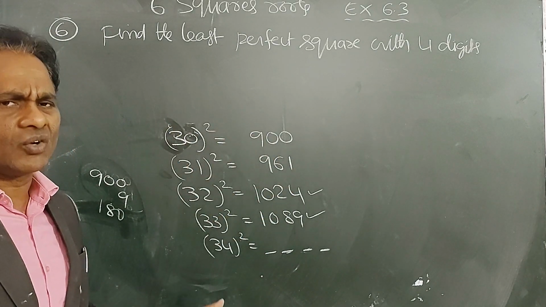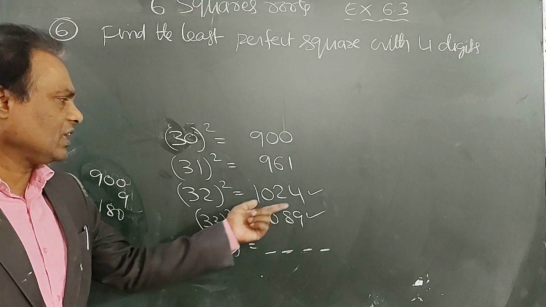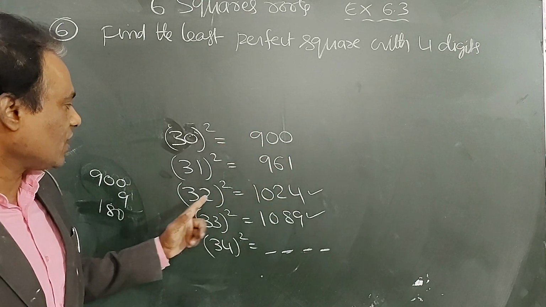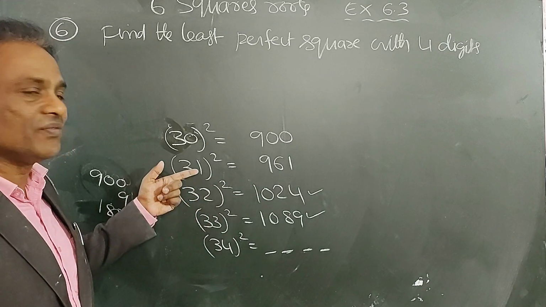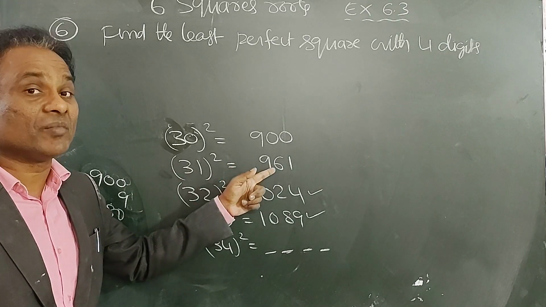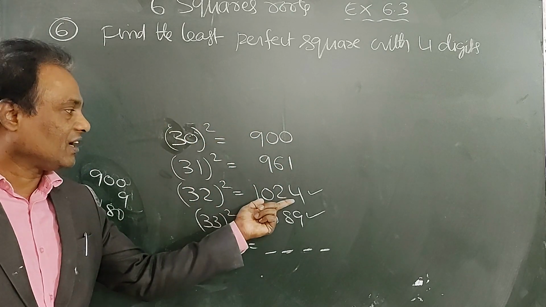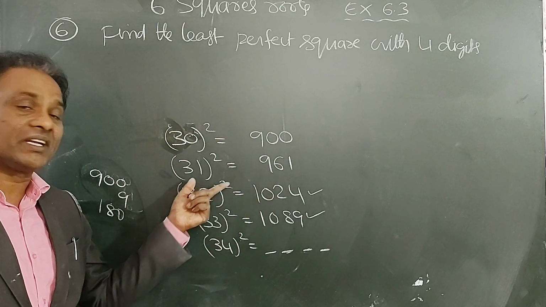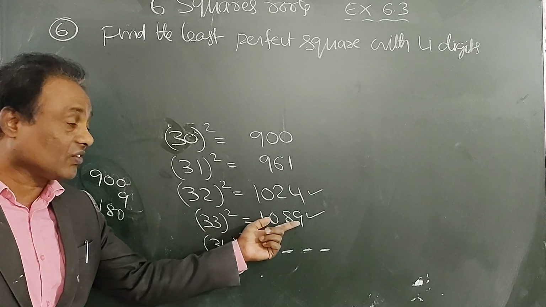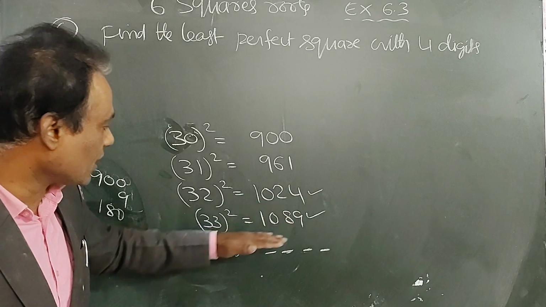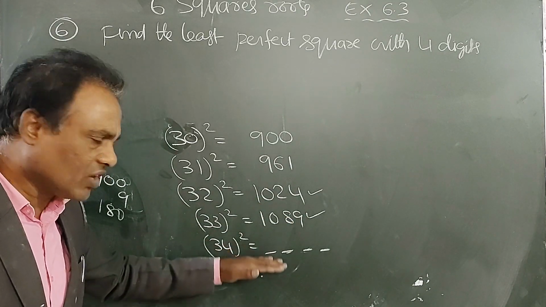But like this we should not do. So there should be some process. So least number is 1024 only. 1024 less means it is not a perfect square. Next 32 after 31 we are getting. 31 square is not a 4 digit number. It is 3 digit number. 4 digit number starts from 32 only. A perfect square starts from 32 square only. So 33 square is also 4 digit number. In that least is asked. Least starting value.